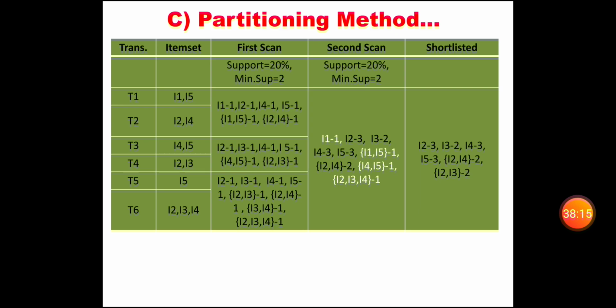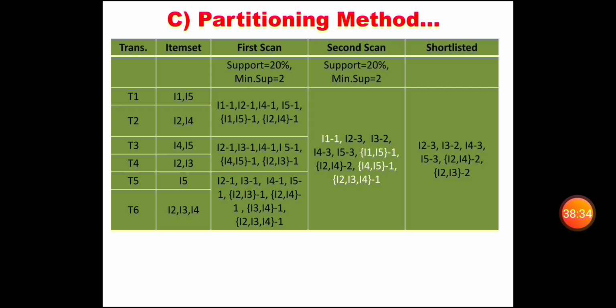Then when you go for the second scan, all the partitions can be merged and taken as a single one. So by combining the results of the first scan we'll be able to get the second scan.